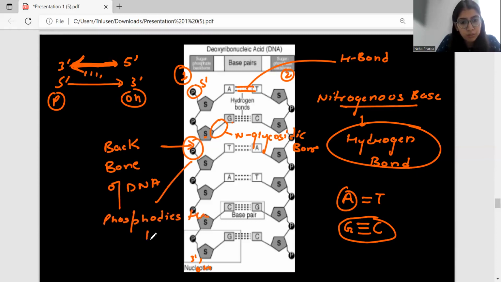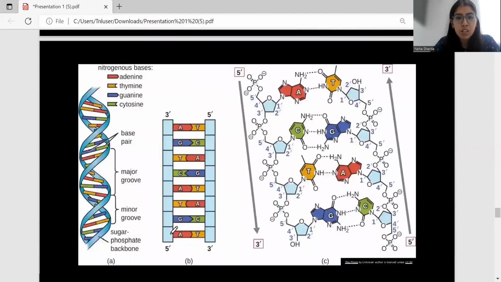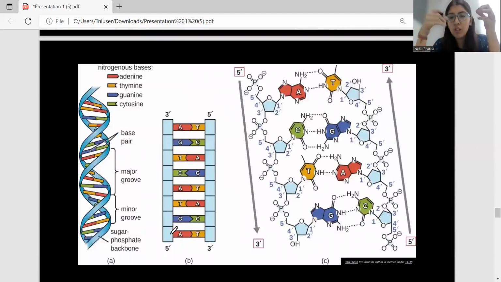So this is how a long chain of DNA polynucleotide will form. 2 polynucleotide chains will form hydrogen bonds, bases form hydrogen bonds, and this DNA will